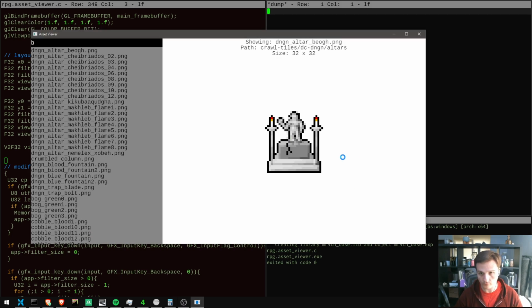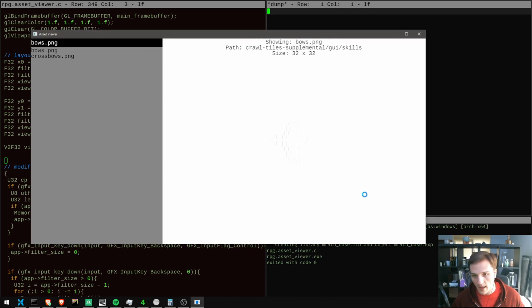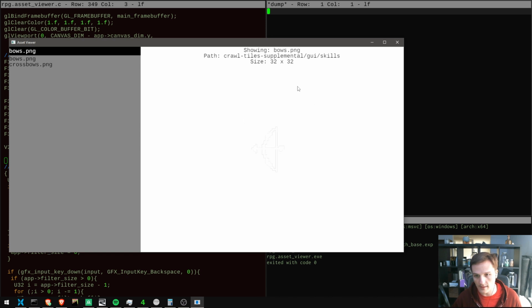So, where I left off, I now have the ability to pull up a specific tile by name, like this. Bows.png has this artifact that I was spotting when I was flickering through them. And so I'm going to use the tool for today. It's only this sophisticated: I can just filter in on a specific name if I know what I'm looking for. It's still missing a lot, but it's revealed a rendering artifact, and so I'm going to take that